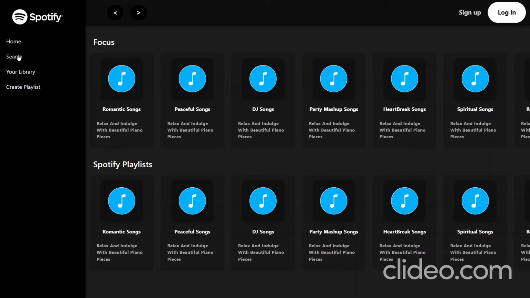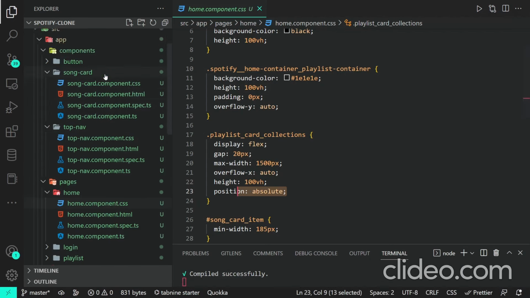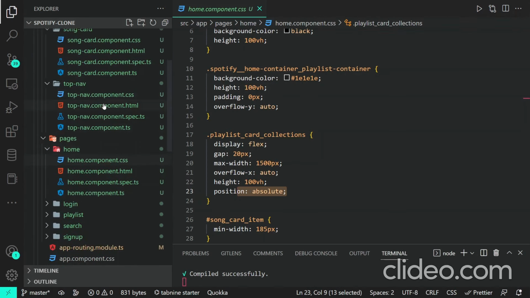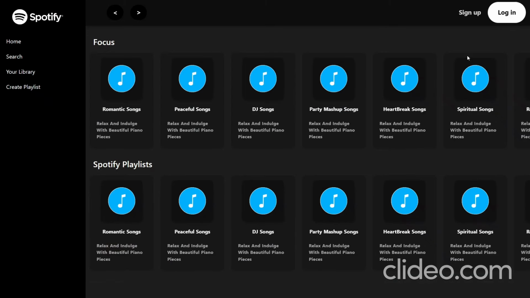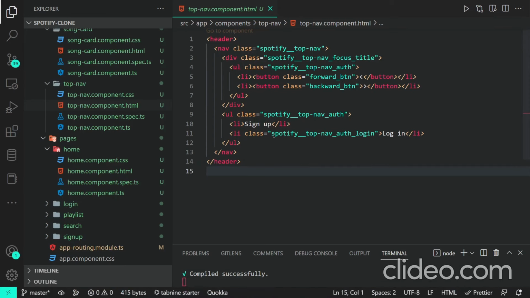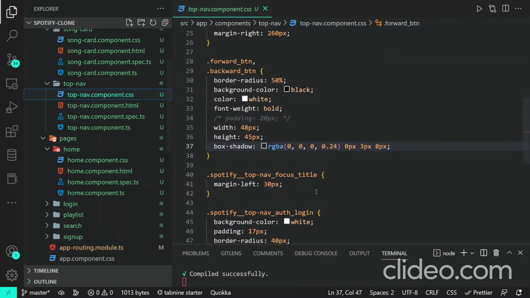Now, I want that when I go over the search, I should get the search page, and when I go over your library, all these things should be there. And in the create playlist section, I should have the entire thing cooked up. Before that, we should try to build this login page. So where in the top nav we have this login page, let's go over there. In the HTML section, when I click on this list section, I should have this login page. So first of all, let me just go into this login button, go to the CSS file of this,